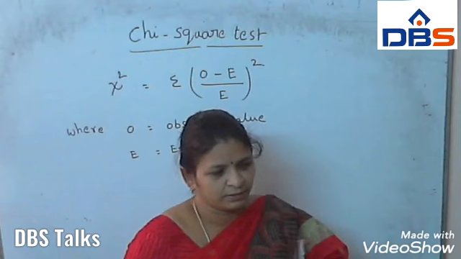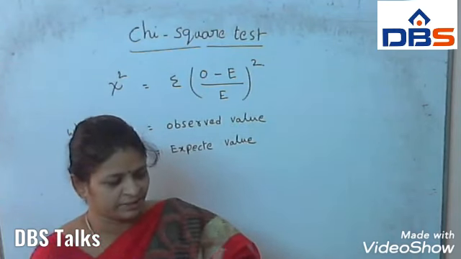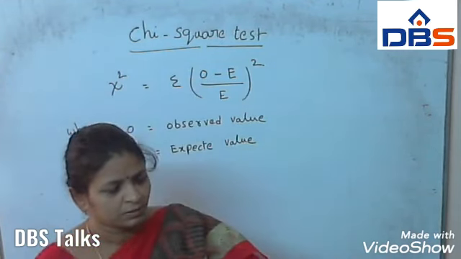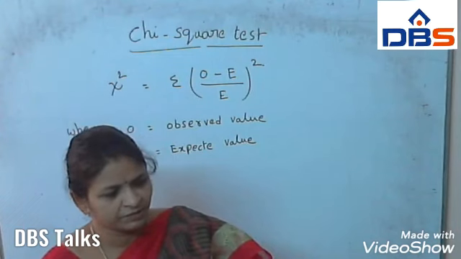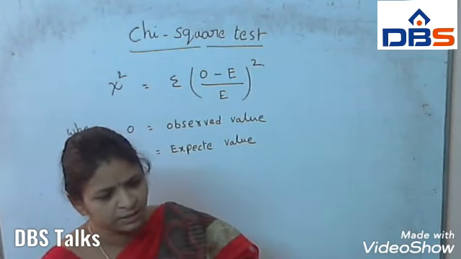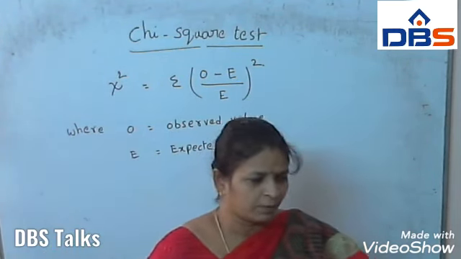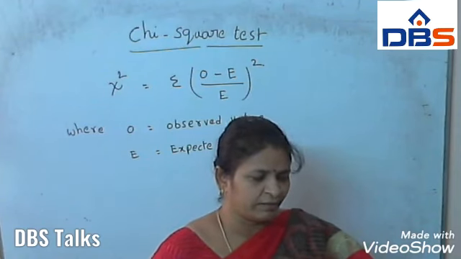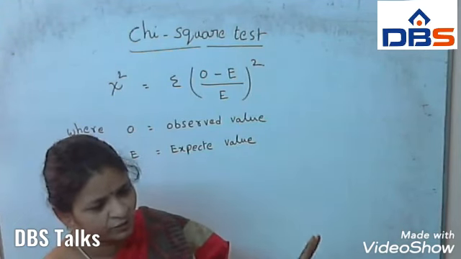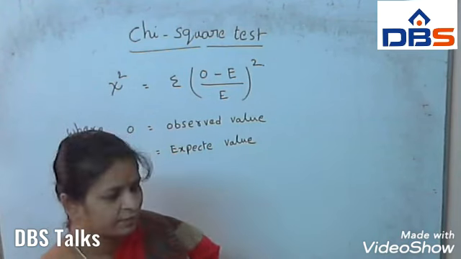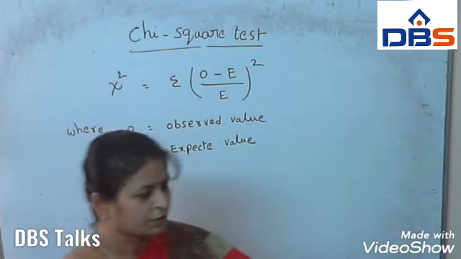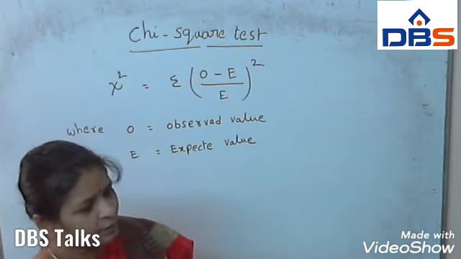Now I am going to explain an important topic, that is chi-square test in small samples. This is the most important one. Using this topic, we can test whether there is a difference between observed values and expected values. Expected values means theoretical values, as per the formula. So we can test whether the observed values and expected values are the same or not, and also whether the given information is correct or not, suitable or not. So we can test these two cases.